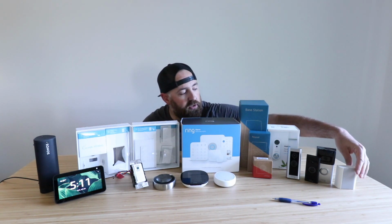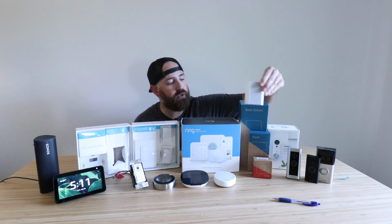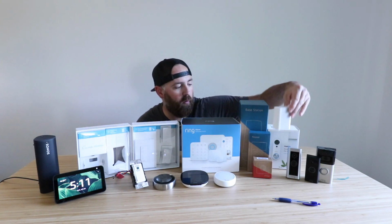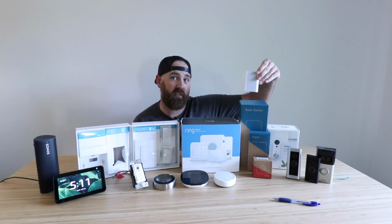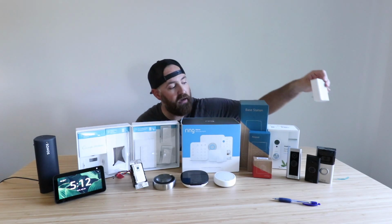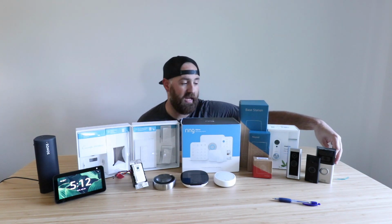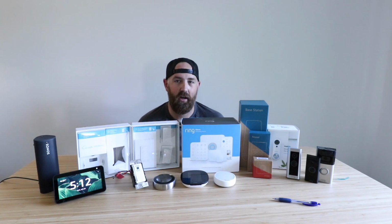However, if you want to have a chime with the Ring Wired, you can get this remote Ring chime. And this Ring chime works with the Ring 4, Ring Wired, or the Ring Pro 2, which is over here. You just plug this in, connect it on Wi-Fi, and you can choose any kind of chime you want, and you can place it anywhere in your house, and it just connects on Wi-Fi. So that's how you solve the problem with the Ring Wired. However, you're going to cost...